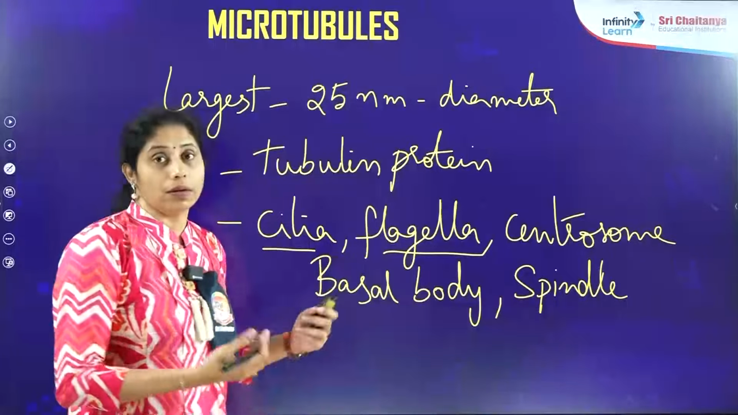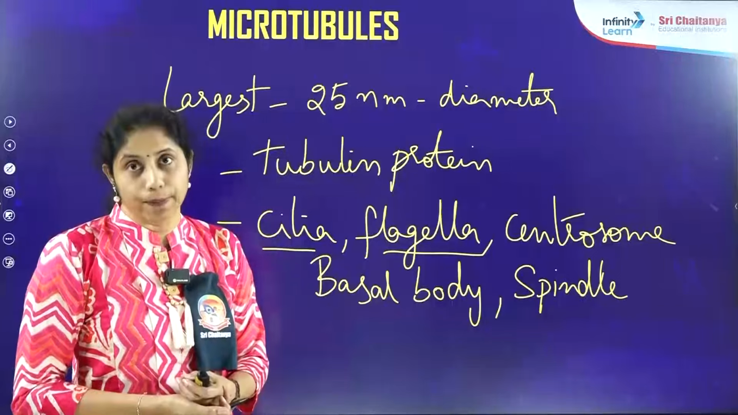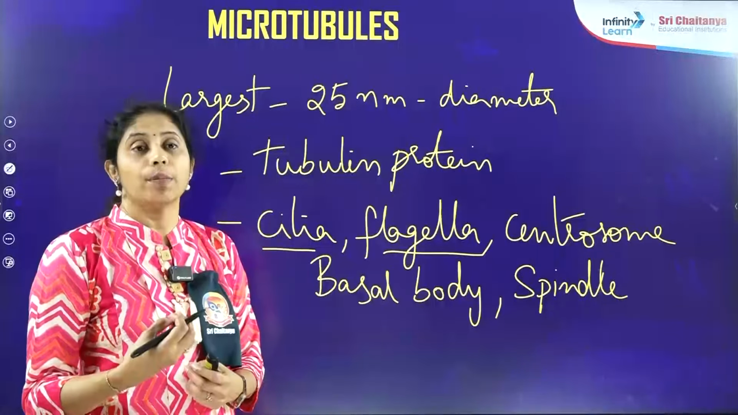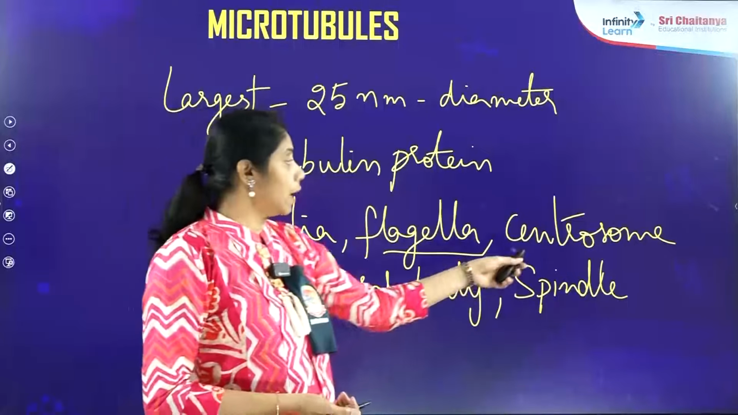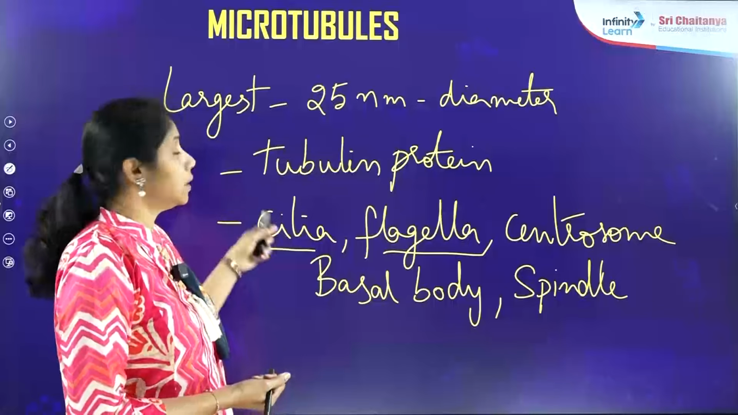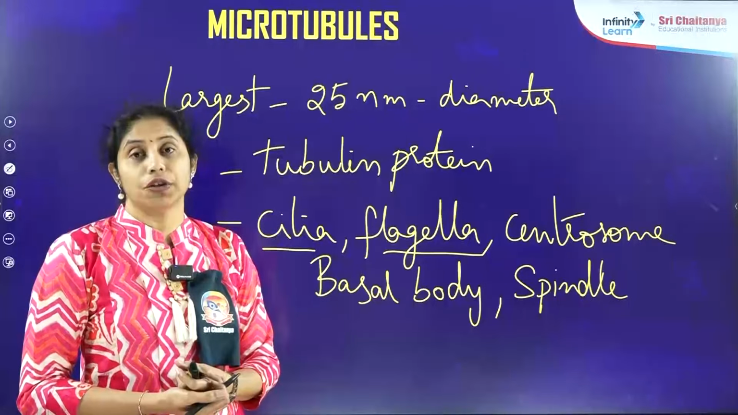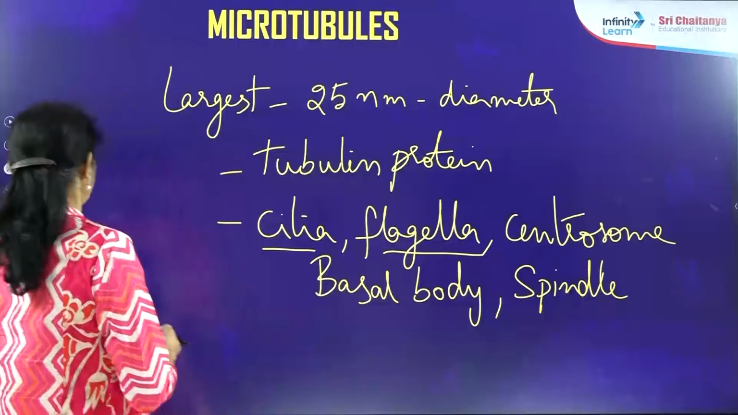In this way, the microtubules basically help in motility, and sometimes they even help in the maintenance of the shape of the cell, and they also help in cell division through the formation of the spindle. And these microtubules are generally located in the cytoplasm only. The next one,